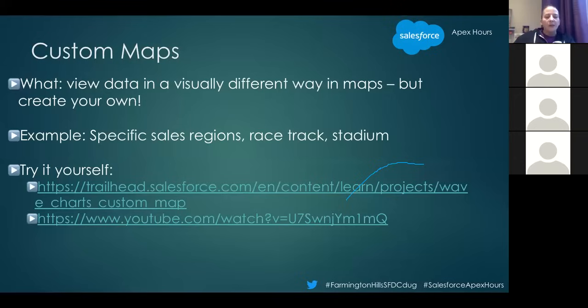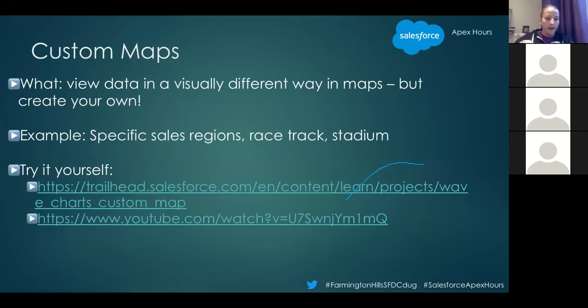So the other thing that I really like is the custom maps. Now, custom maps is a way to actually display our data in a different way. We're probably all familiar with being able to show it by country, and you can see a world map maybe, or a map of America. All these default maps are built into Einstein Analytics. But sometimes we want to show data in a little bit different way. And we can actually do that in